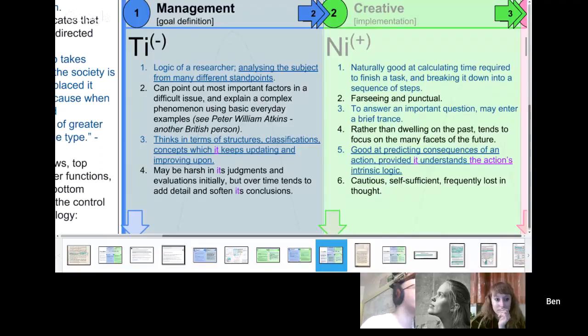I'll say something from a theoretical point of view: obviously, because of what you studied, your TI will be trained up. The things we associate with TI, like logic, reasoning and analysis, will be trained up because of the degree you were doing, just because those things are necessary to the subject. I suppose the critical analysis. So when you were writing, you may have been writing themes which were NF-ish and humanitarian, but you have to do it in a logical way.